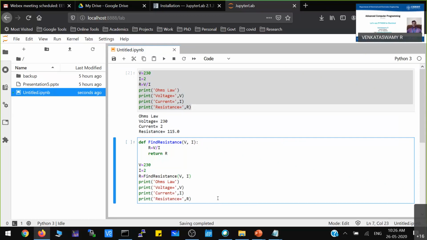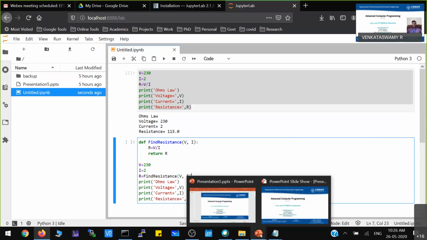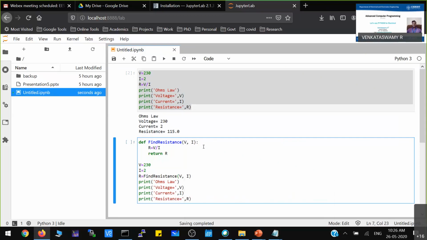Now you see, my objective is already stated. I want to create a library for the DC circuit. Now I created one function. For the DC circuit, find resistance is basically the function I created. That means I created some library.